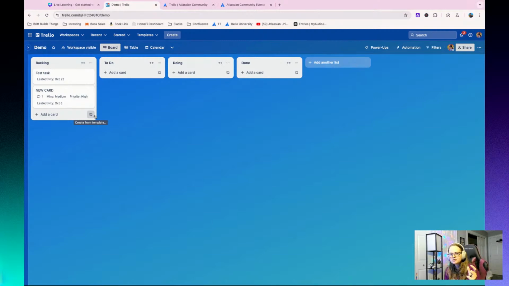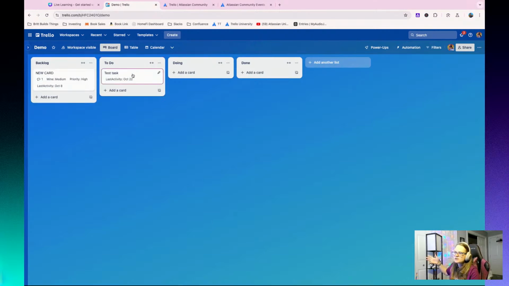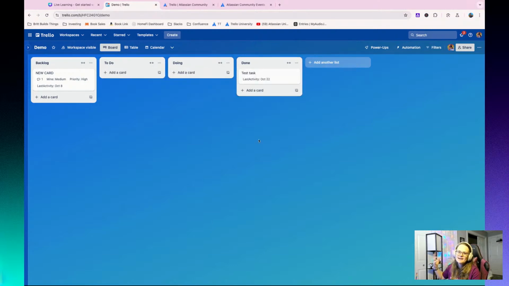The next component you need to know is the lists. And this is how you sort things within your board. So maybe think about the different categories or groups you might put some of those supercharged sticky notes in, right? If you're thinking about a task board, you've probably got a backlog of all of the different things that you want to do. Maybe when something is ready to be worked on, you're going to move it to to do. As you're working on it, it's in doing. And when you complete it, it's done.